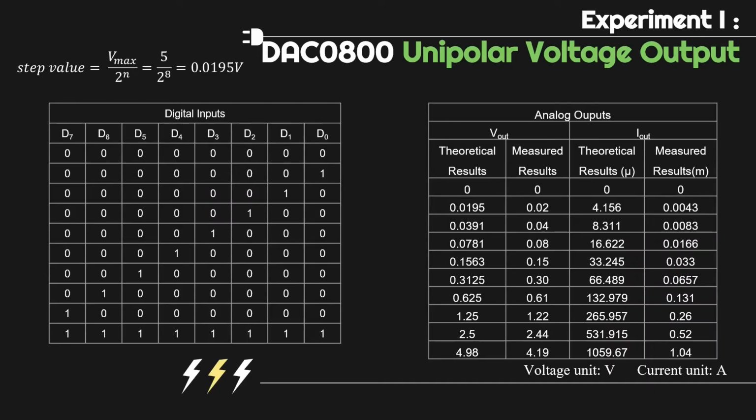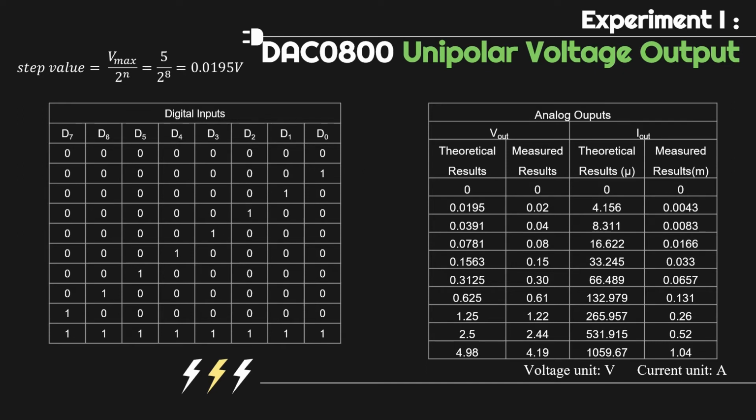This lab session consists of two experiments, and the first experiment is DAC 0800 unipolar voltage output. Firstly, we calculate the step value using the formula Vmax over 2 power of n. Vmax is the output voltage, which is 5 volts, and n is the number of bits. Referring to the digital inputs, which has 8 bits, so 2 power of 8, and we got